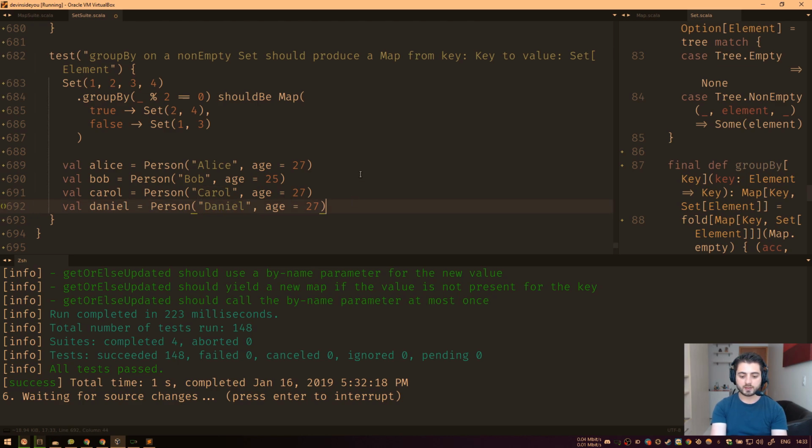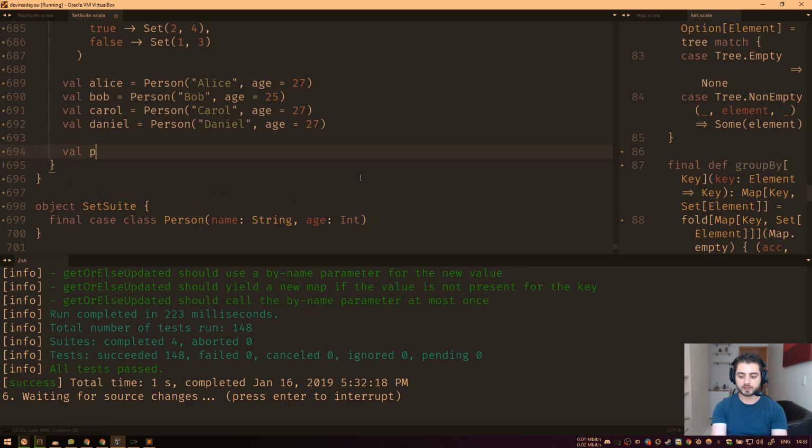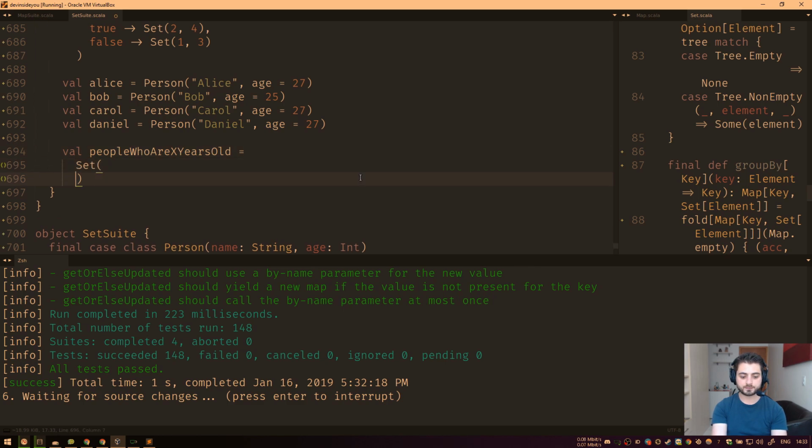All right. So now we can say, okay, people who are X years old equals a set with all of these people: Alice, Bob, Carol and Daniel. Okay, so I'm going to say group by